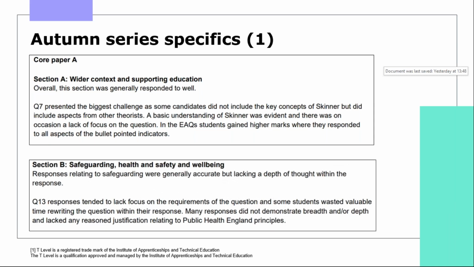And then for section B, the students generally provided accurate answers, but they lacked depth and breadth. It's good to use the wording of the question in their response, but students would benefit from practicing doing this and not spending too much time simply rewriting the question, and focusing on responding to the question. It does look like they would benefit from making stronger links between the points they make and how they relate to the relevant theories, regulations, policies and principles, ensuring that they can analyse and justify the points they make.